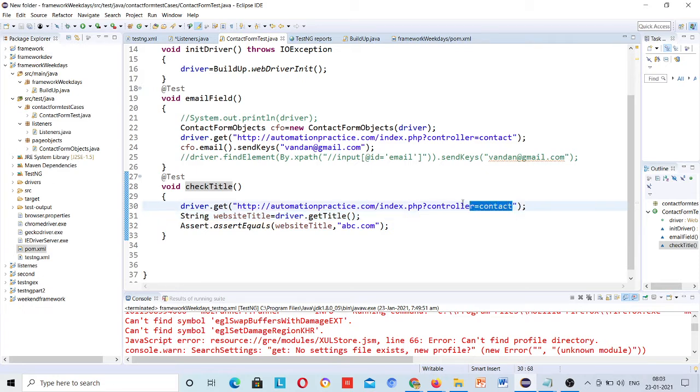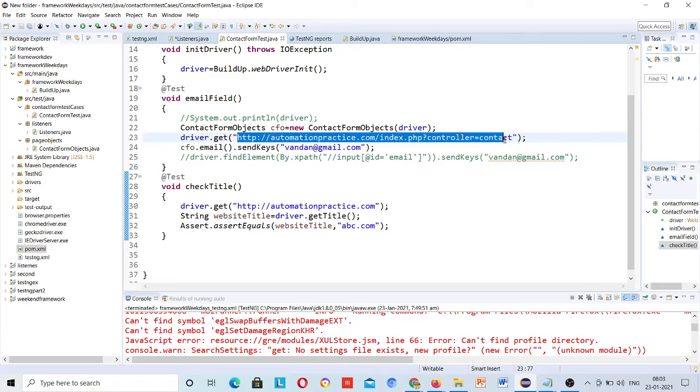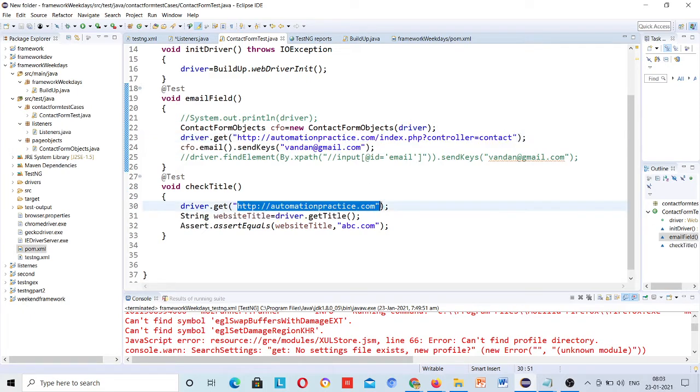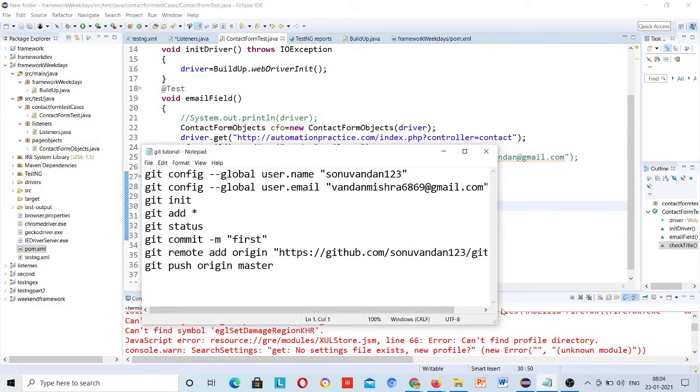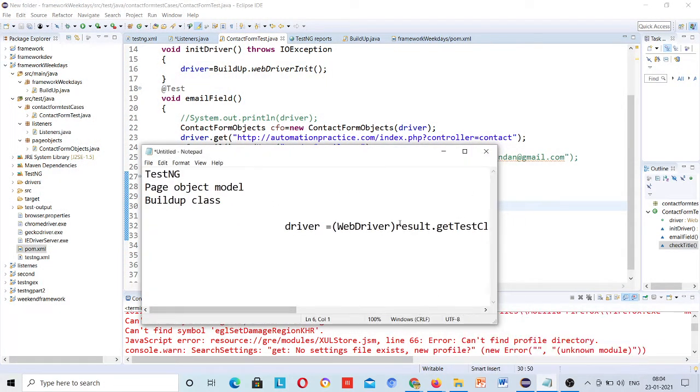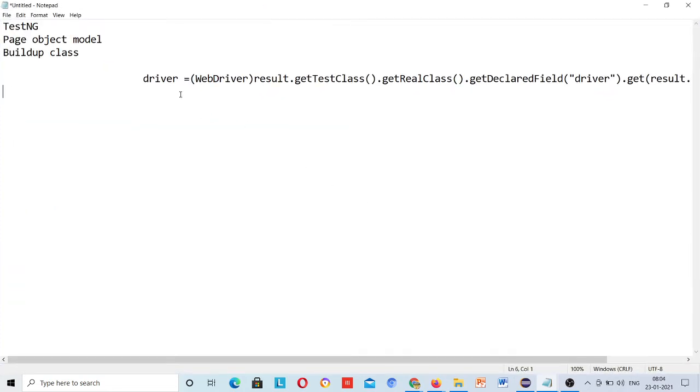Suppose I am on this URL, and this fails, but the driver has information about this URL and also about that URL. Now for which one should it invoke? So for that I will copy and paste this code. This is a one-time process.